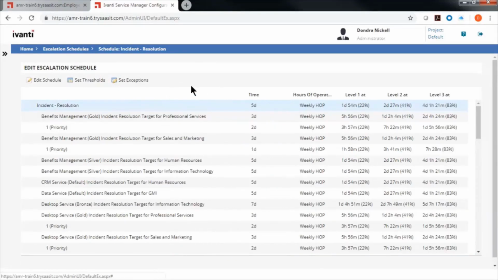Oops, I'll move that over a little bit. Okay, so this one is somewhat similar. It's just that we've got some thresholds set. We could have set the thresholds on the other one. But over here, we're saying, okay, if the